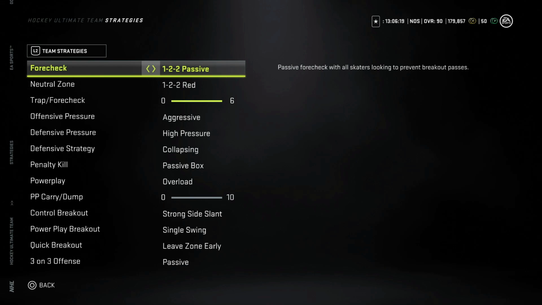Now, what the 1-2-2 passive does is it'll have one guy attacking the puck carrier up in the zone. It stops, or they will cover, all of the passing lanes. So your AI will look to stop the breakout passes. So if you're playing an opponent that constantly passes the puck out of the zone, so he